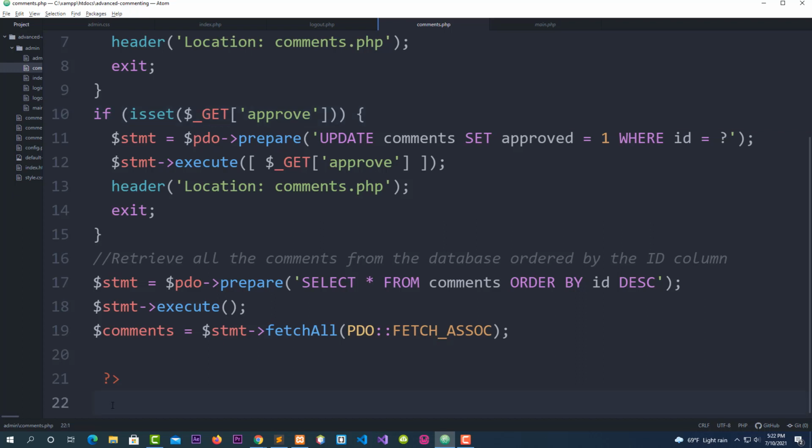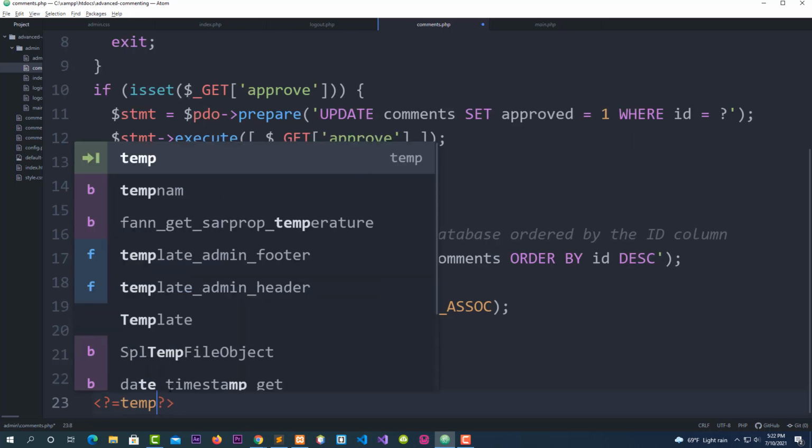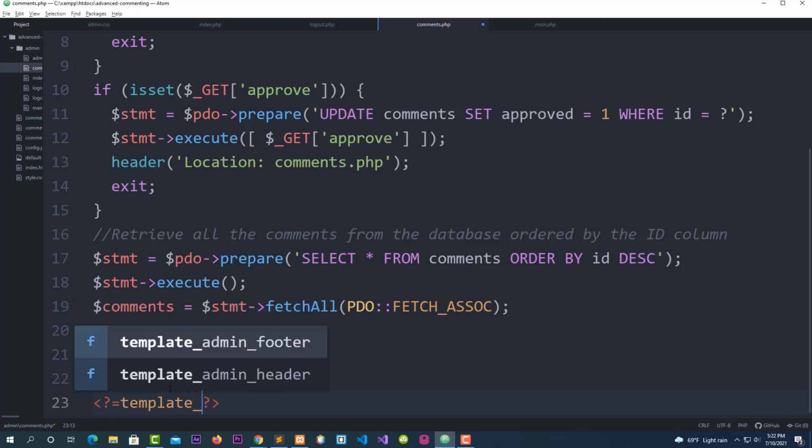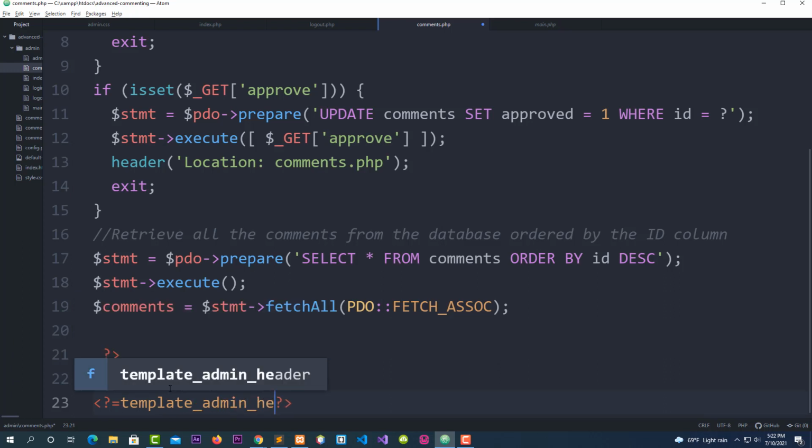Now you see the page is blank. Let me show you why. It's because you do not add yet a template admin header. Put a shortcut PHP here like this, opening and closing for the shortcut, and go after the equal sign. I want you to put template underscore admin underscore header like this, with parentheses,